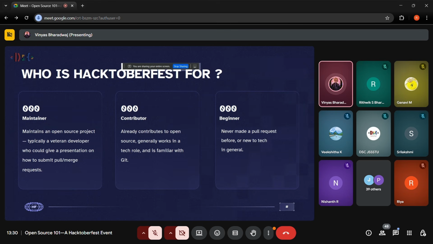The other responsibility of the maintainer is to create issues. So what exactly are issues? If I had to give you an example, think of a website where the login page does not work. That is an issue, right? So the maintainer creates an issue. There is a section called issues on GitHub, and he creates an issue stating that the login page does not function properly. What happens next is the contributors who are currently working on the repository have a look at the pending issues. A contributor will see that there is an issue which states that the login page is not working.